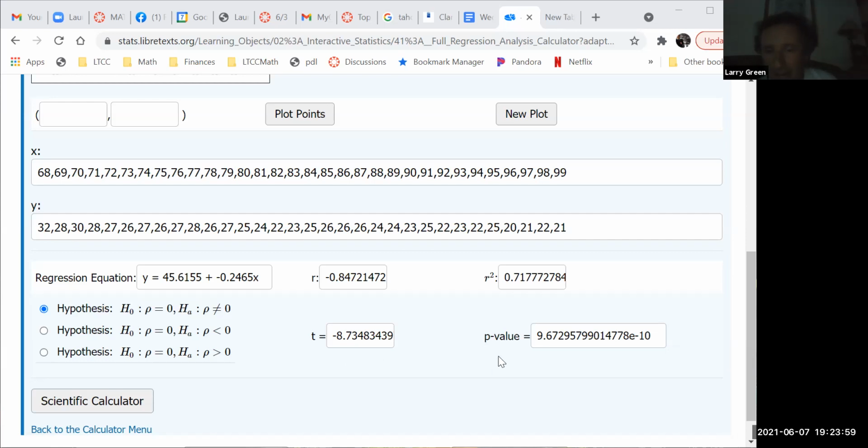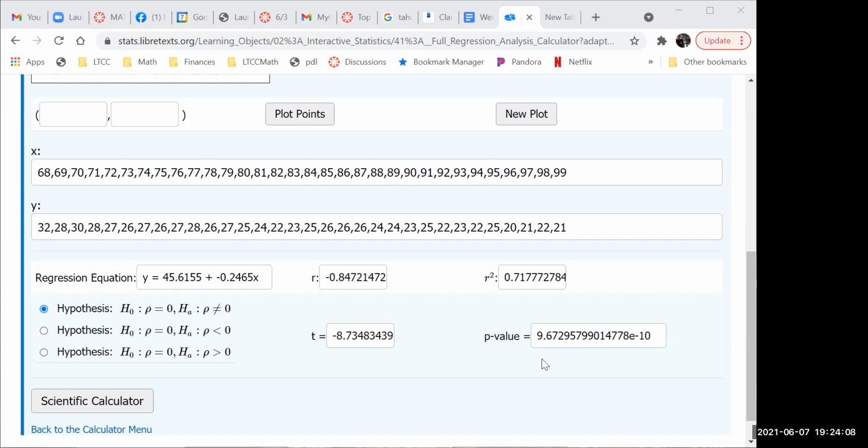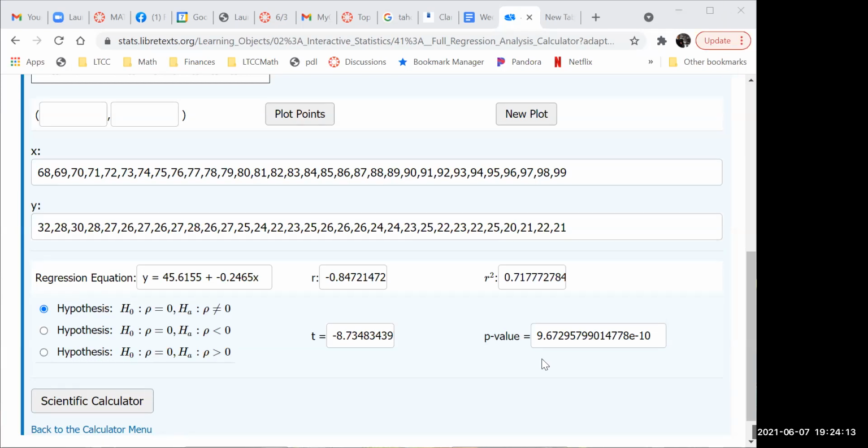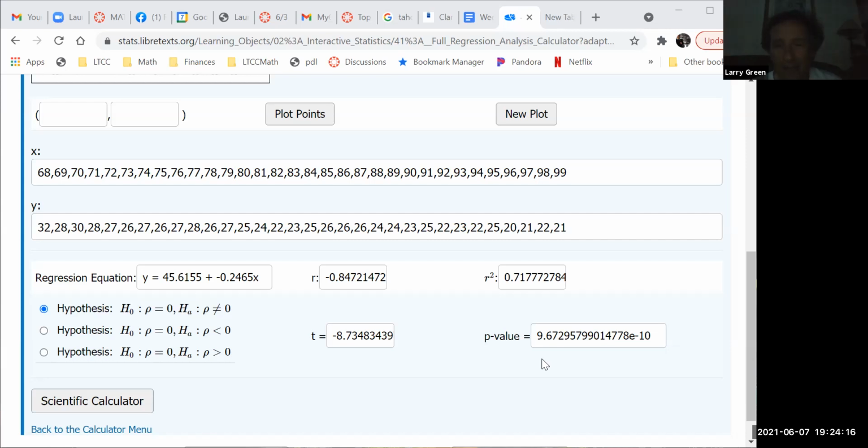The p-value. Is the p-value about 9.7? No. P-value could never be 9.7. How come? It's bigger than 1. Yeah, p-value is a probability. You can't have a probability of 9.7. What's the p-value here? You have to move the decimal 10 places because of the E. Exactly. It's easier to say than actually saying all the zeros, but I'm going to say them anyway. It's 0.00000000967. Okay. P-value is basically 0.